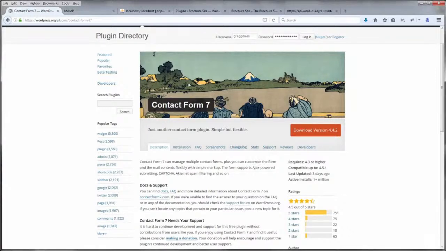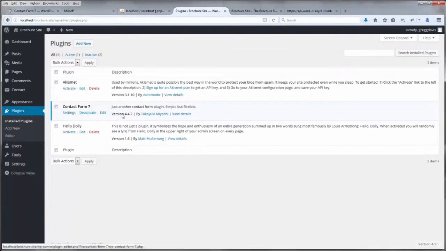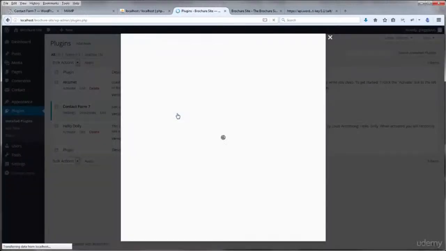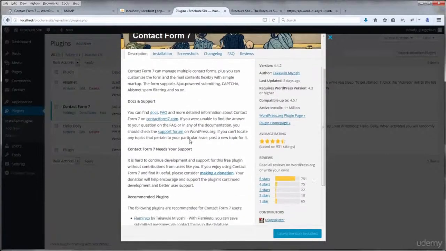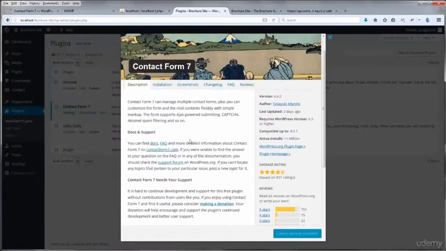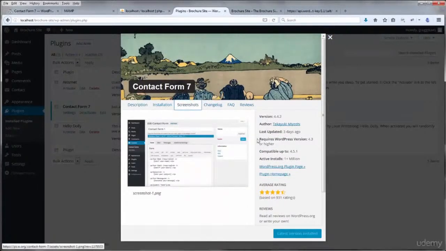But all this information here is also available inside of the installed plugins screen, which is right here. And then if you hit View Details on any of the plugins, that's going to pull up information directly from the wordpress.org website into your WordPress installation screen so you can see all of the different information